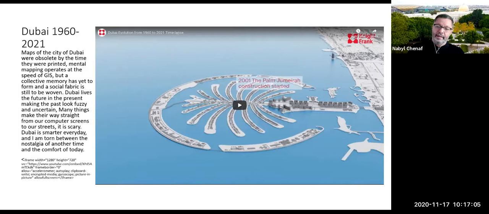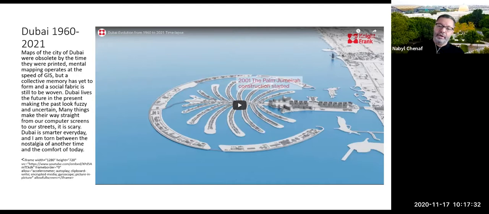And of course, this is a very metaphorical expression, but mental mapping was suffering this rapid change of the city. And people couldn't even remember or process in their minds what was happening.